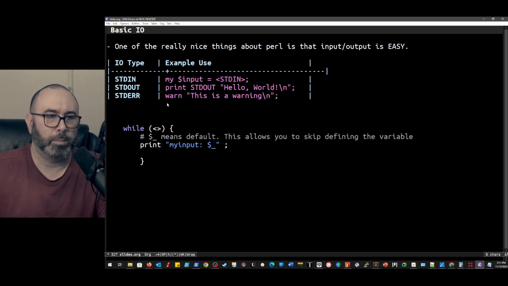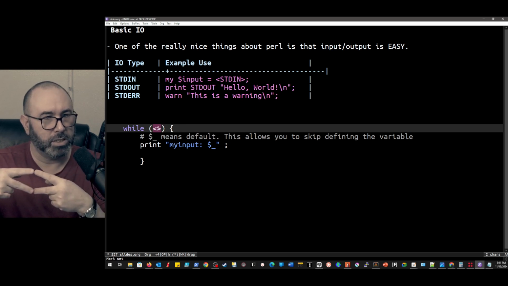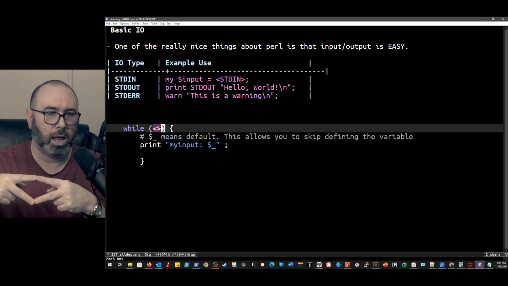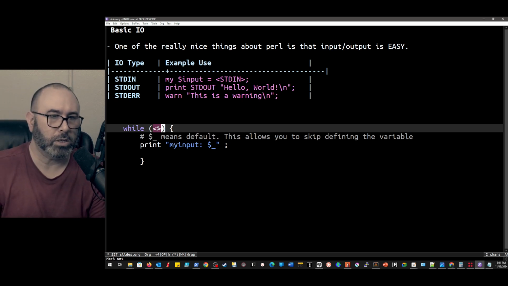So basic IO. We already looked at standard in and standard out before, but we can also look at standard out. Basically these two little brackets in combination means that we're talking to an IO source, right? So that's quite nice.